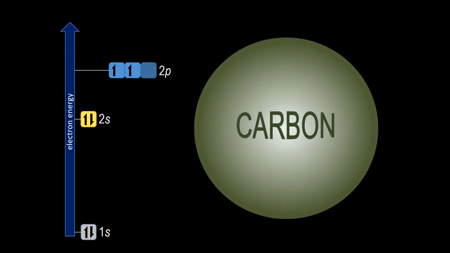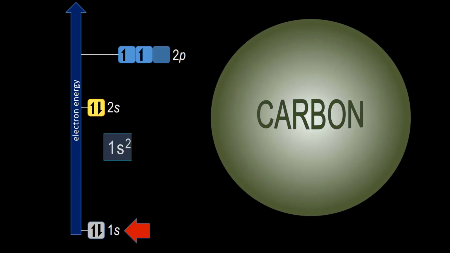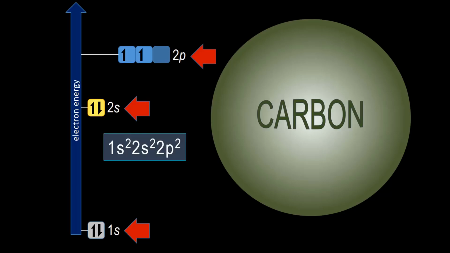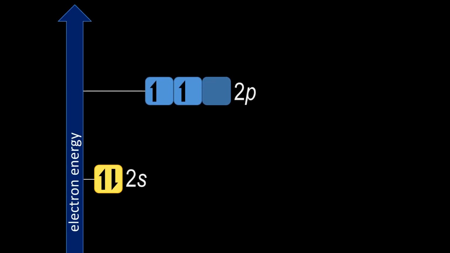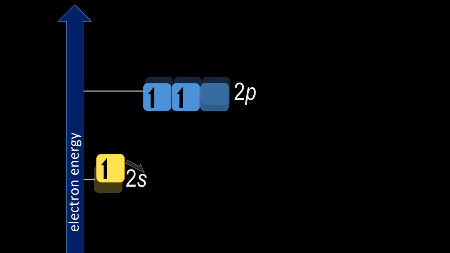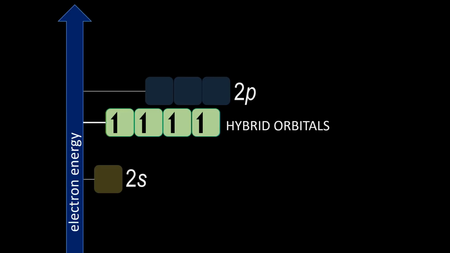As a single atom, not bonded to anything, carbon has 2 electrons in 1s, 2 electrons in 2s, and 2 electrons in 2p. This electron configuration is the energy arrangement of carbon's electrons. However, carbon rarely exists in nature as an individual atom, except momentarily while undergoing chemical reactions. Carbon exists with its valence electrons bonded to other atoms. When carbon bonds to 4 other atoms, carbon's 4 bonds are experimentally seen to be equivalent. And so when the carbon atom finds itself in a bonding situation, its bonding electrons themselves exist at equivalent energies,